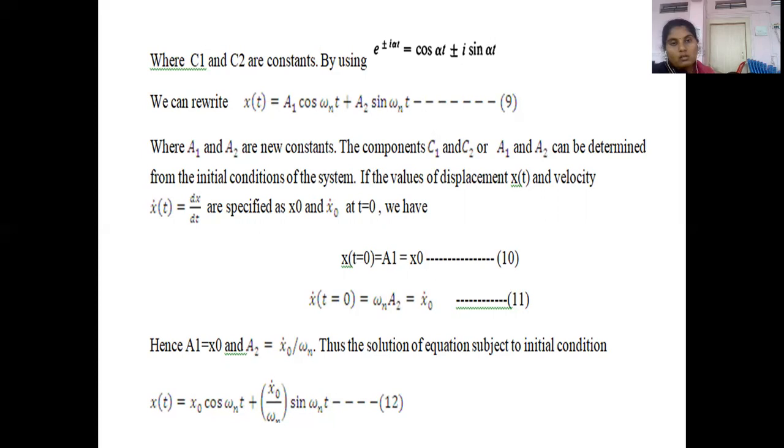By using e raised to plus or minus i alpha t is equal to cos alpha t plus or minus i sin alpha t, we can rewrite